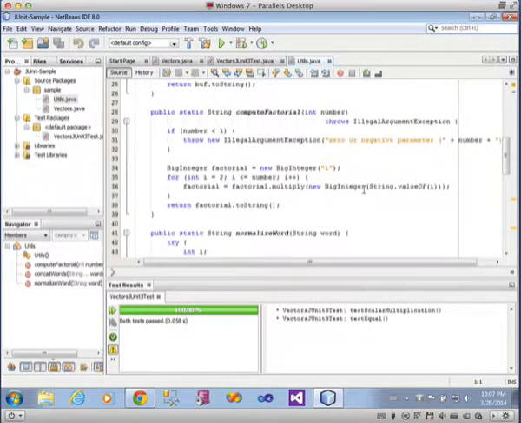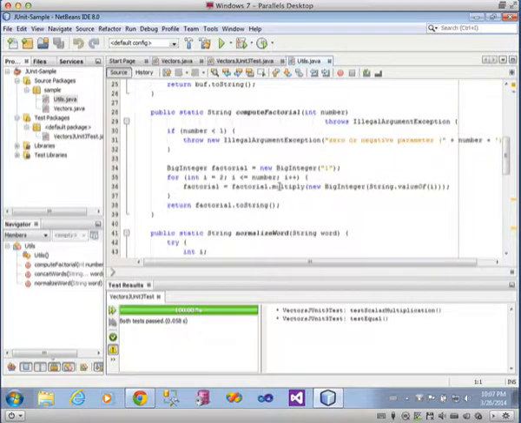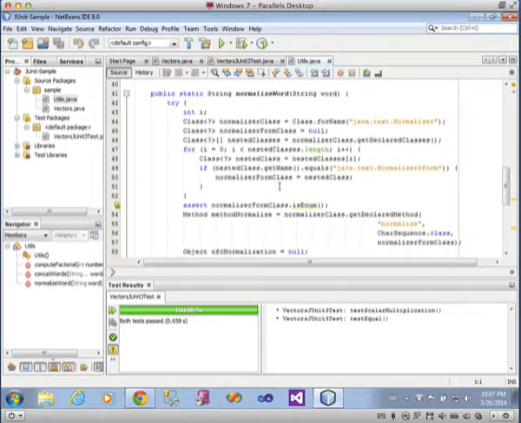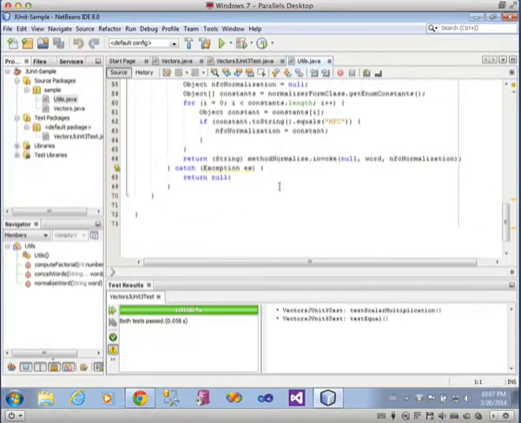Compute factorial is designed to compute a factorial of a positive number. And then finally, we have a normalize word method here as well. So let's take a look at